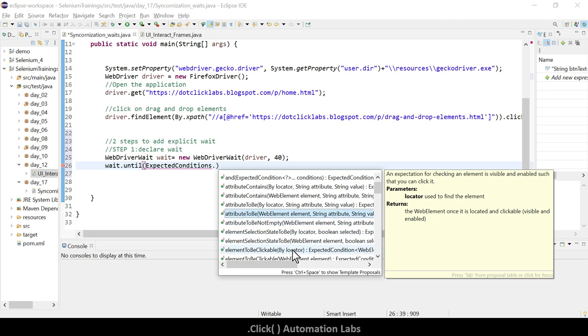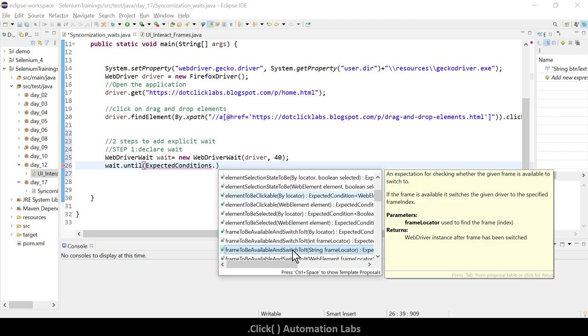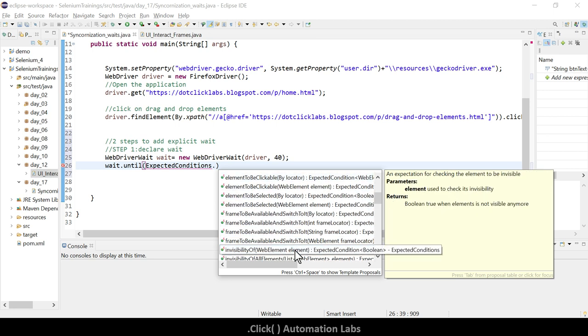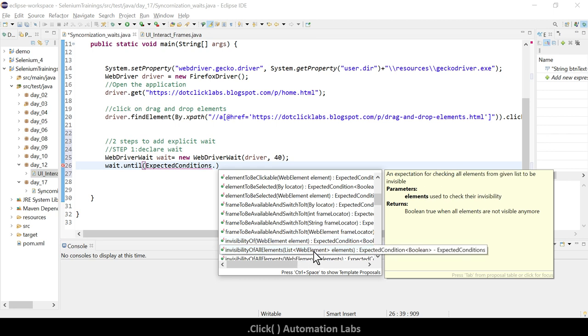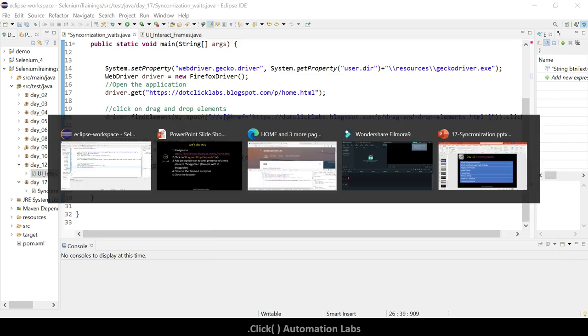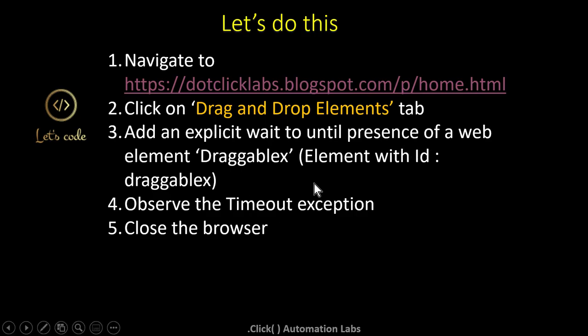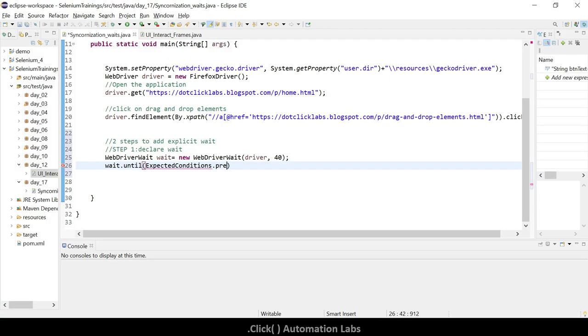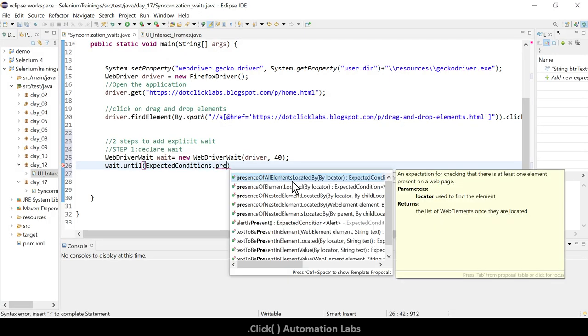There are various conditions. You can go through this. Frame to be available, invisibility of element, invisibility of all elements means you can mention the list of web elements and wait until these elements are invisible on screen. So there are many conditions. We may not be using all, but you can go through them whenever you have time. But our need right now is to wait for presence of a web element. So you can say presenceOfElementLocated, only one element, right? So select this presenceOfElementLocated by dot